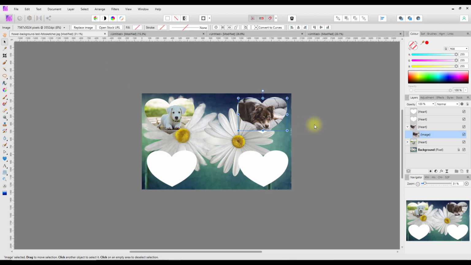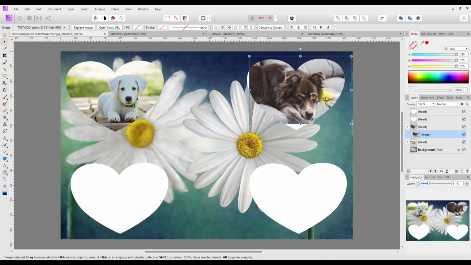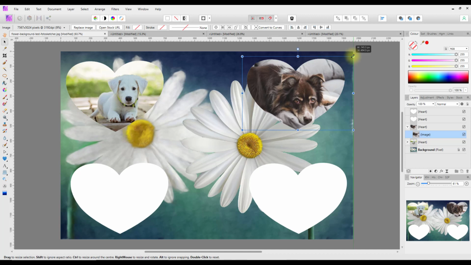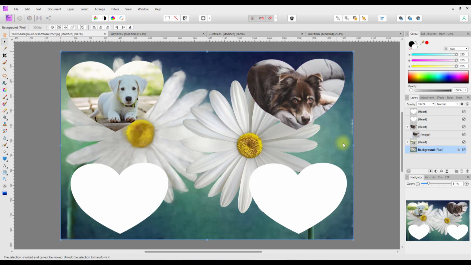Bring it in, control and 0 to zoom back in, and just making sure that all of the heart shape is being covered. Let's put it about there. Yeah, that's okay. So that's two of the hearts done,